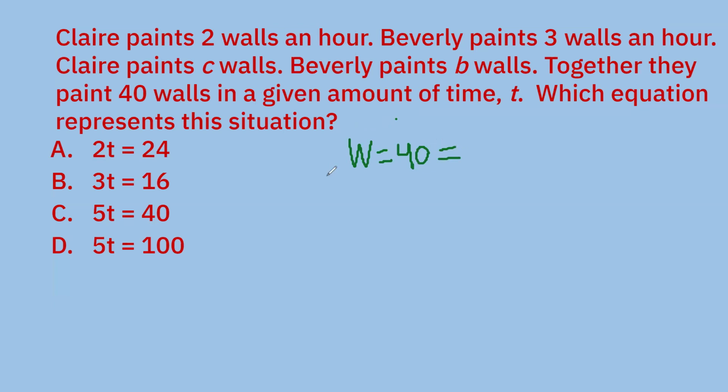Claire's rate. So Claire's rate, CR, equals, you know what, I'm going to write that out just to be more clear, right? Clarity is so important, especially when you're talking about someone like Claire. Claire rate, right, equals 2. Beverly's rate